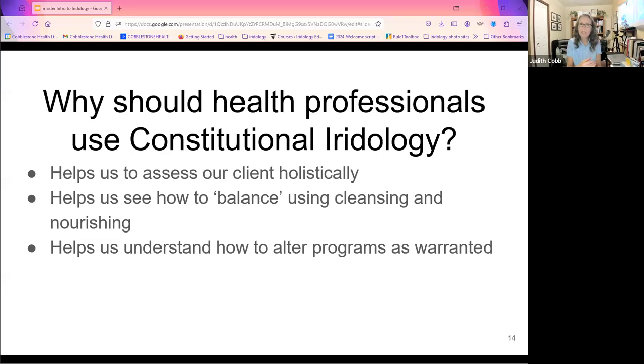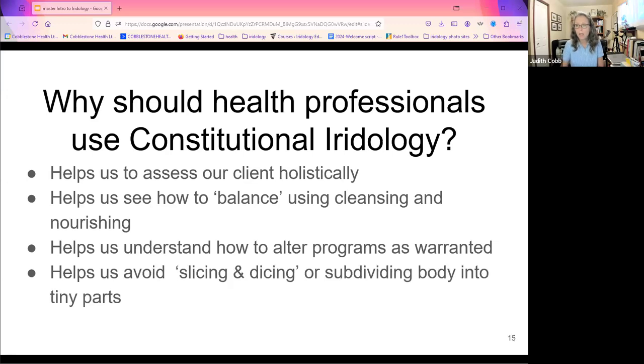I want to see you again in a month, and I want an update even in between, because I need to tweak things as we go. We've done 2 minor dietary changes. We've given you 3 little supplements. Let's see what's happening in a month to see what else we can do. Oh, okay, in a month we can do this other dietary change now. We're ready for it. We're ready to change the supplements in this way. Okay, and you are ready to add this to your lifestyle. So we can build the program and thereby avoid overwhelming our clients.